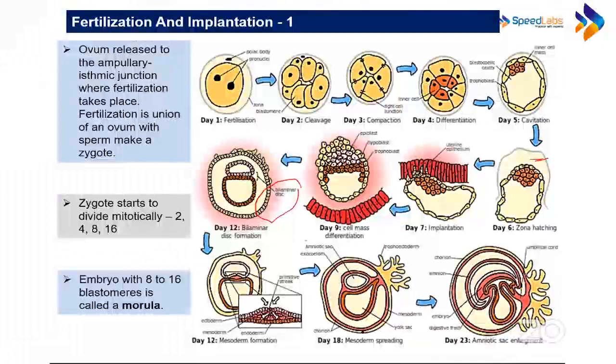So let us now see the layers. So can you now make out क्या हुआ है? Mesoderm spreads. ये mesoderm है ना, mesoderm is going to spread. This is trophoectoderm, मतलब ये trophoblast का layer है ये वाला। इसमें देखो amniotic sac है, तो this amniotic sac is going to cover the whole embryo, ये पूरा embryo amniotic sac के अंदर आ जाएगा. This whole thing is going to come in the amniotic sac. This is the yolk sac. This is the amniotic sac.